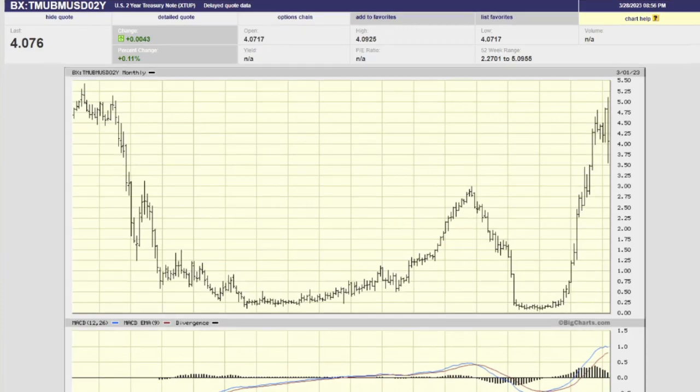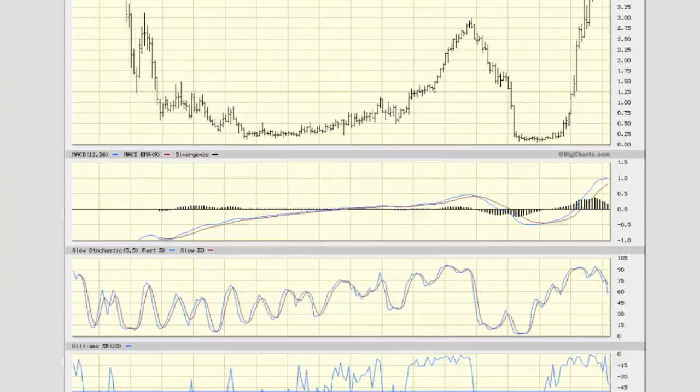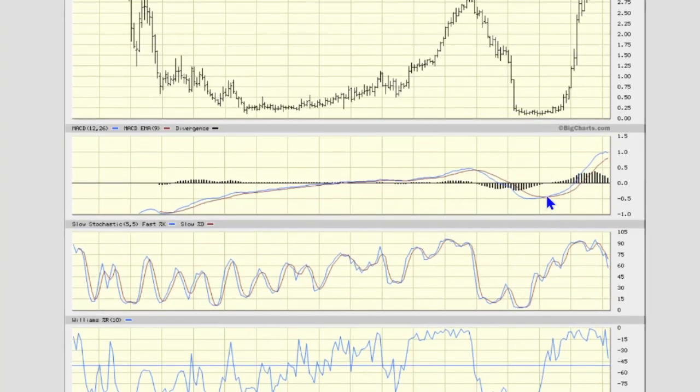Now, if we go down into the MACD, you can see that the MACD, the fast line, has come above the slow line, moving on up here, the fast line in blue. So there's still a separation between the fast line and the slow line, but as you can see, it seems to be rolling over. And in fact, in the histogram, you can see the rollover, and we've been heading down